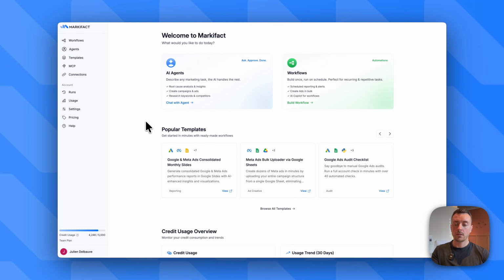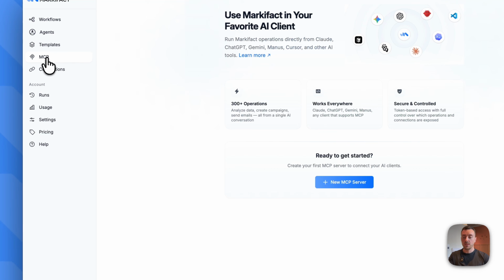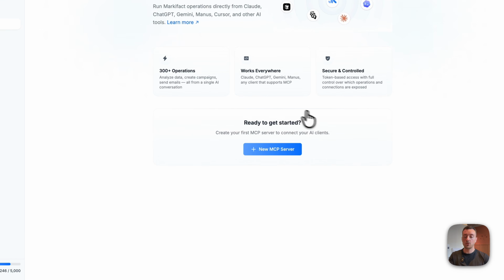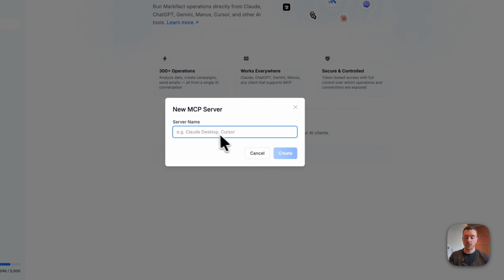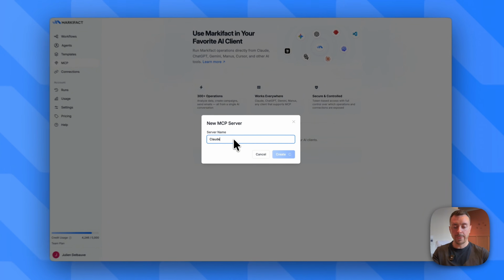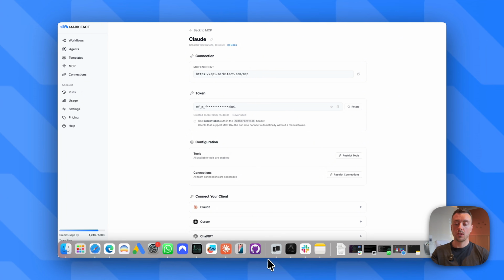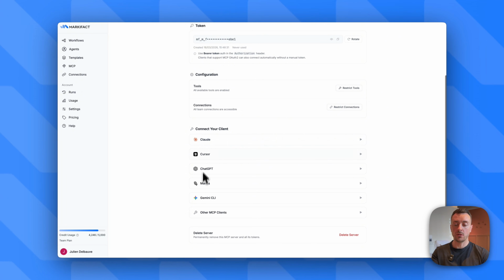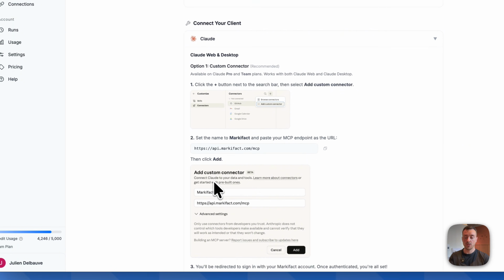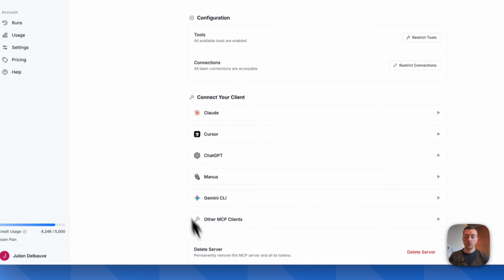Now let's connect Markifact to Claude using the MCP. First, go to the MCP tab, and from there you can create a new MCP server. For the example, we are going to name it Claude. Once the connection is created, you need to go into Claude. If you want the full explanation, you can click here and you have the full explanation on how to do it. You need to go to Claude,